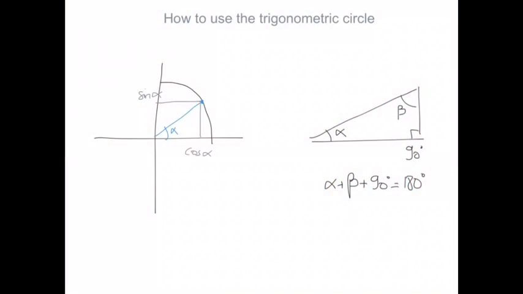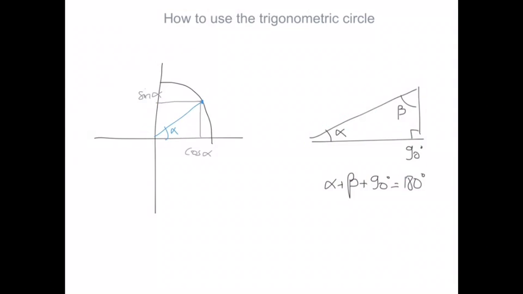Welcome to this second video on the trigonometric circle. In the first video we've seen that the coordinates of the point here that makes an angle alpha with the x-axis are cosine alpha and sine alpha. We just applied basic trigonometry to derive this result, and it's worth taking a look at the reason why